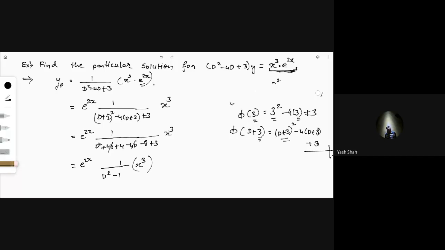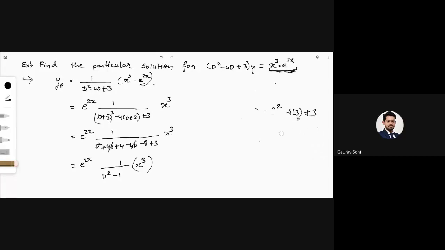सर एक क्वेश्चन था, हर जगह जो e का पावर है वो सब्स्टिट्यूट करना है ना, d plus 2 ऐसे? पावर जो रहेगा वो सब्स्टिट्यूट करना है। यहाँ पे e to the power 2x है, तो ये जो 2 है वो ऐड करते हो तुम वहाँ पे। अब अगर सपोज यहाँ पे e to the power 3x होता तो मैं यहाँ पे d plus 3 स्क्वायर कर देता।